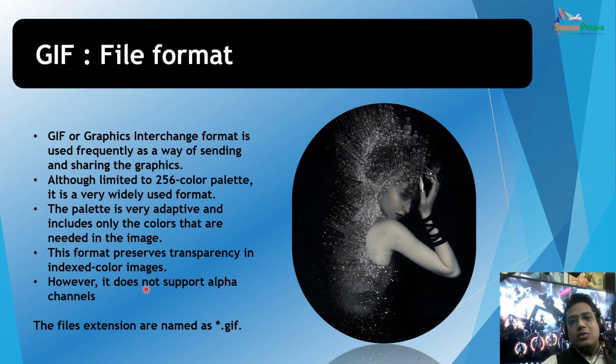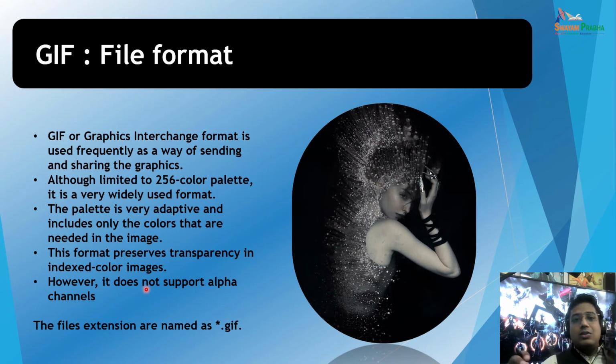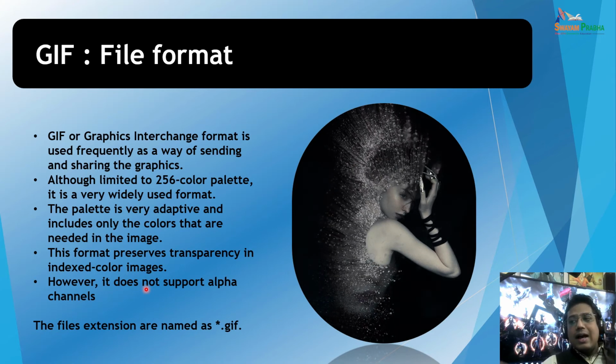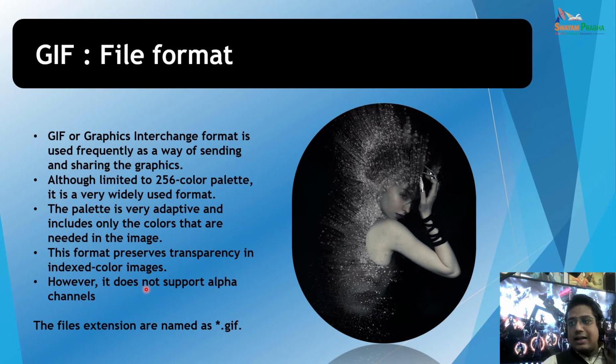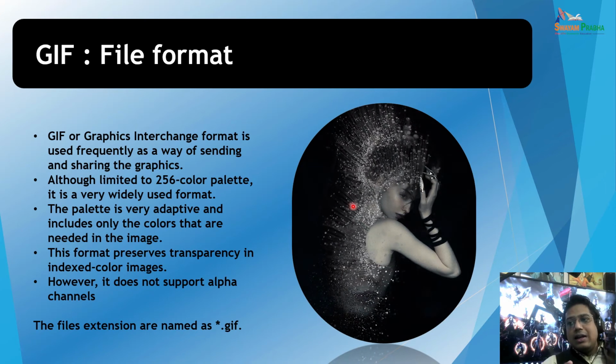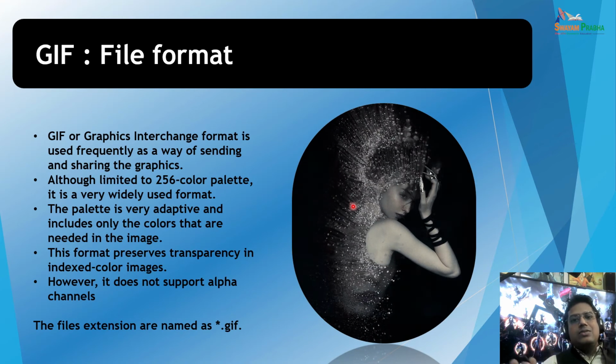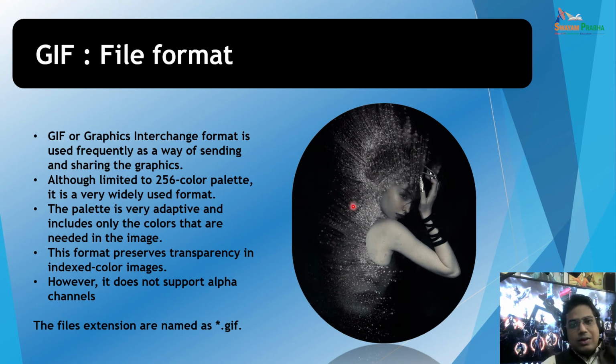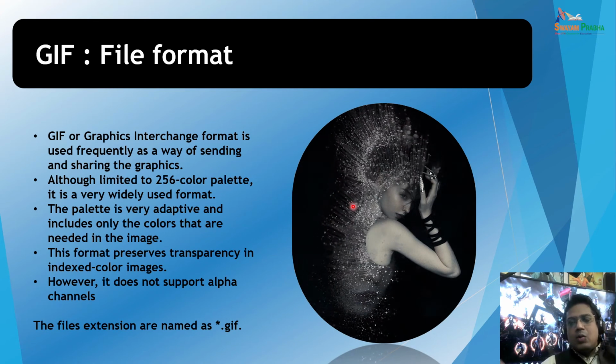Whenever you want to save the animation, you have to save your file in the .gif file format. Then you are able to preserve the animation information. Like here you can see this one image is animated. This is not a video, it is only an image, right? And as I told you, the file size would also be very small. Maybe the image file size would be 2 MB, maximum 3 MB, and here you are able to watch the movement, particles, and emissions, right?